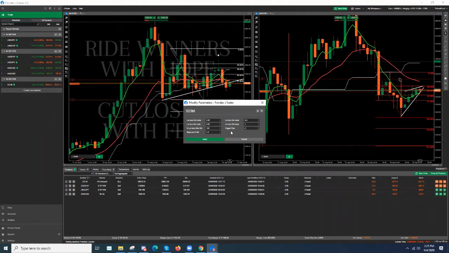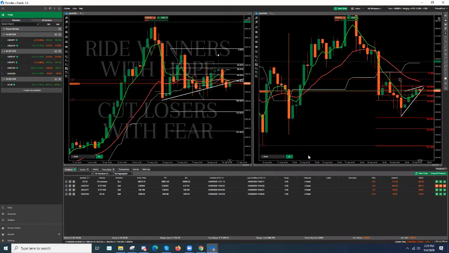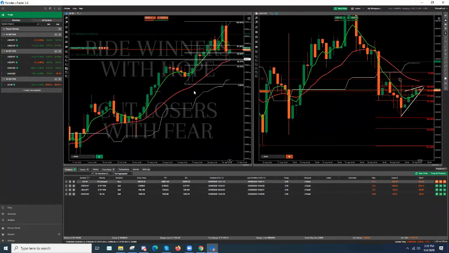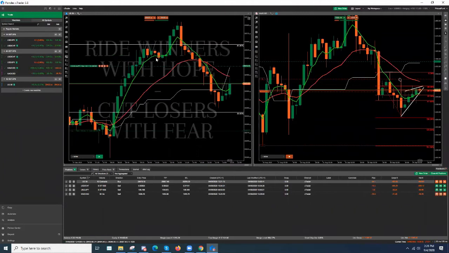Now, triggered when gaining, I'm going to put 180 pips, which is 18 pips. I'm going to try and keep this one tight. And I'm going to move my stop loss to 65 pips. So the NFP is coming out in 4 minutes. I'll turn this one on, and then I'm going to move here and go to the US 30, and I'll go down to the